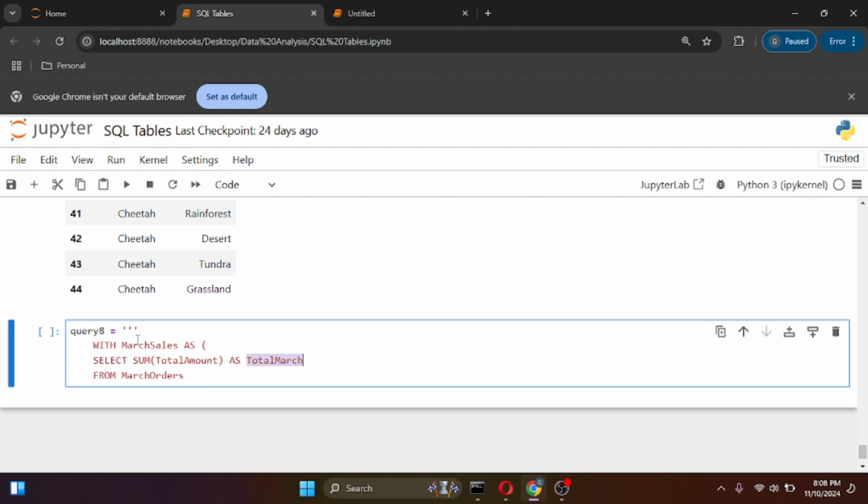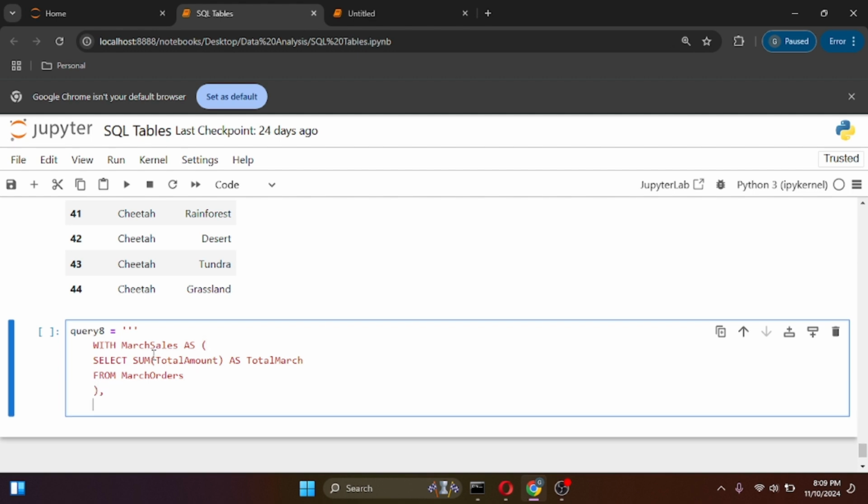So in our query, we are going to work with the temporal table match sales and the temporal column total match. We are going to do this a second time. So here's how we are going to do it. Let's go step by step. So the second thing we will do is, we have mentioned with in the beginning, so we don't have to mention it a second time. So April sales is the temporal table we are creating,